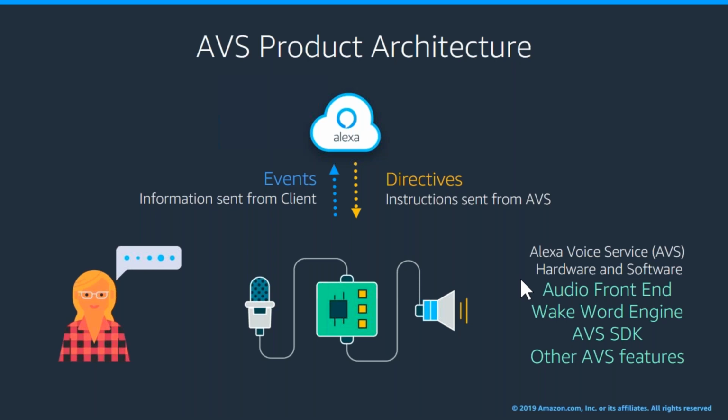And so briefly what these functions do, the audio front end takes the utterance captured by the microphone and cleans up the utterance so that it's easier for the wake word engine to determine if the wake word has been said, for example, Alexa. In which case, once the Alexa wake word is detected, then the rest of the utterance is passed through the AVS SDK software, which essentially coordinates all of the activities of the